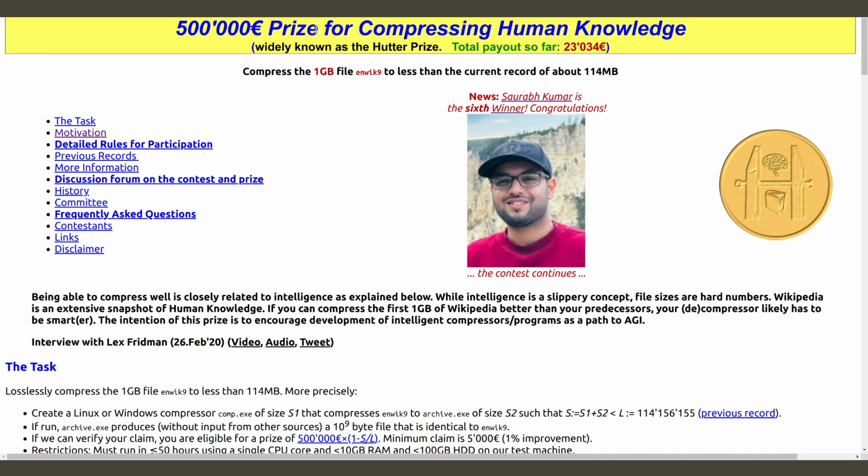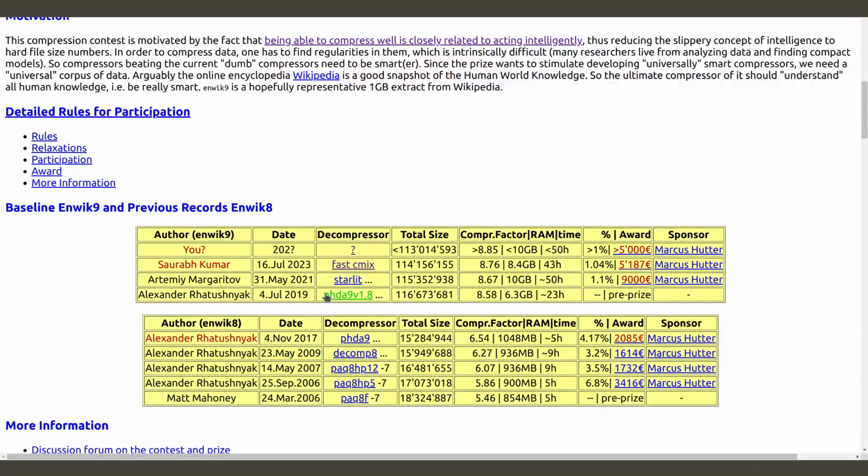The prize is motivated by that, where he says, okay, let's try to operationalize that a bit. If you take 1 GB of Wikipedia, just the text of some articles, and you can compress this to something much smaller than before, then you must have learned something about what makes Wikipedia articles, what makes human text, what makes human knowledge, maybe even more. And so he set up this competition, and you see it's very active. Just this summer, someone improved it by another little bit and earned $5,000 for it. So just as a little note aside,